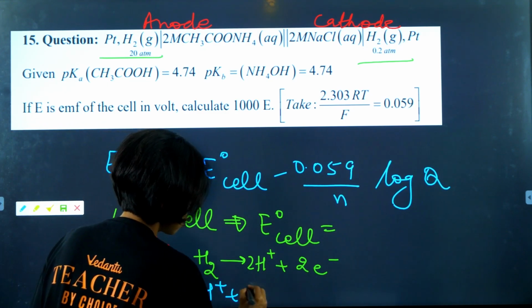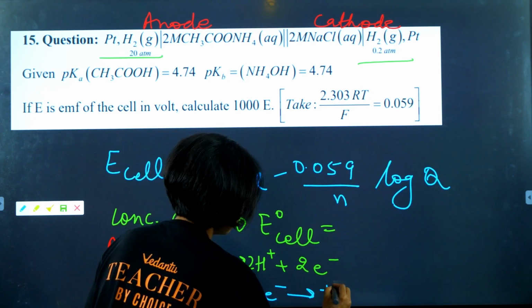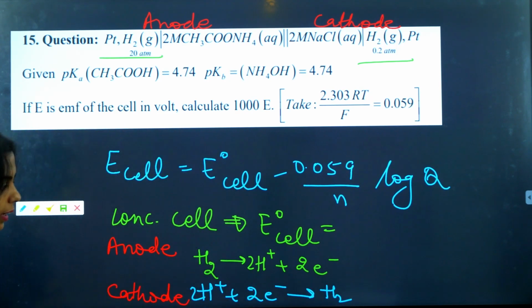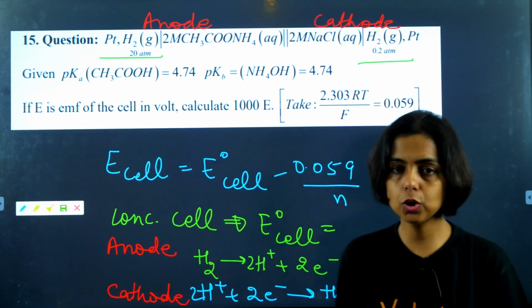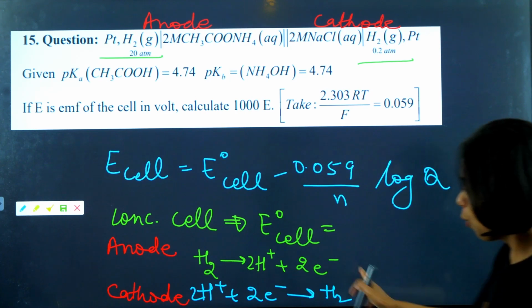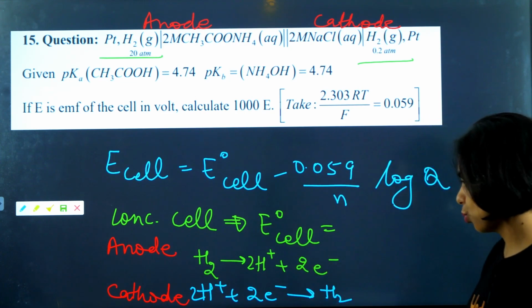2H positive gains 2 electrons and becomes H2. Right? Yes. So this is what is happening in the cell. So now just write the expression of Q. So the overall reaction you are supposed to write on